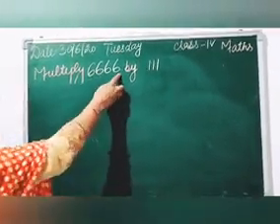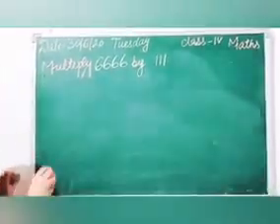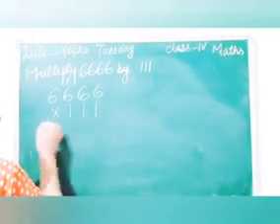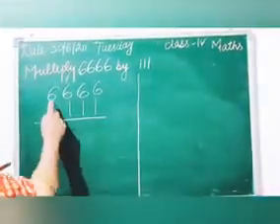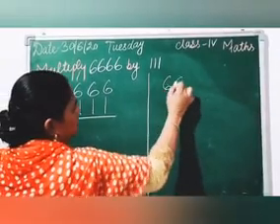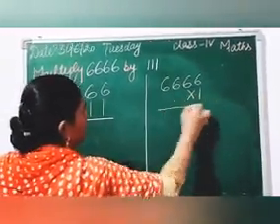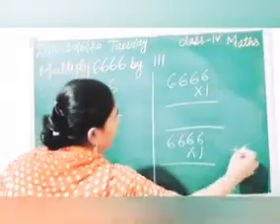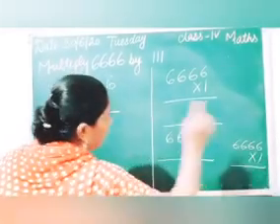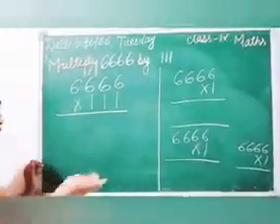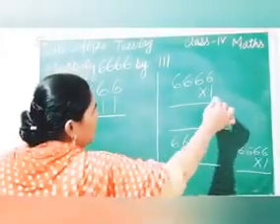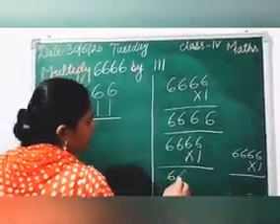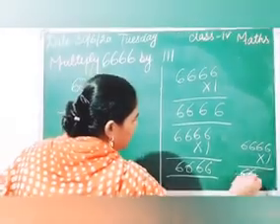6,666 multiplied by 111. Here 6,666 is multiplied by 1, second time again by 1, and third time again by 1. So we will do multiplication by 1 only one time, and the other times we will just write that answer the same. Here 6, here 6, and here 6. Same you will get here because same numbers are there, and same you will get here.